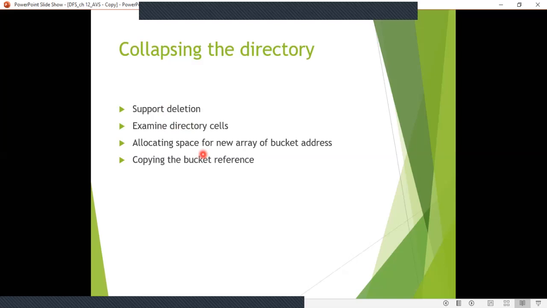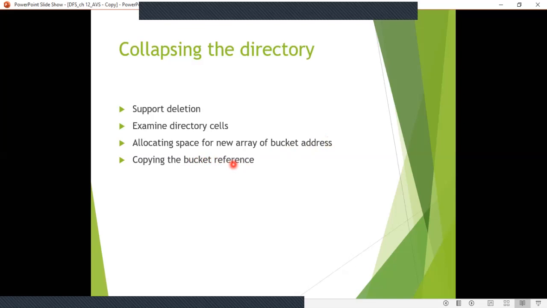The collapsing operation of the directory consists of allocating space for a new array of bucket addresses that is half the size of the original, and then copying the bucket references shared by each cell pair to a single cell in the new directory. This is how collapsing the directory is done.